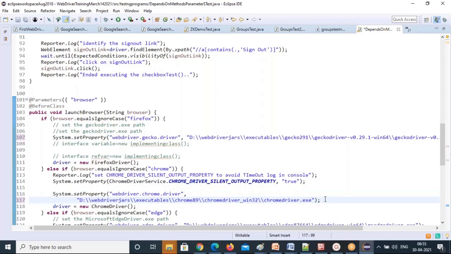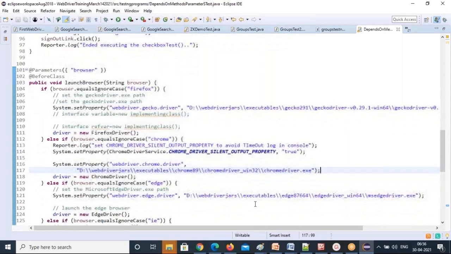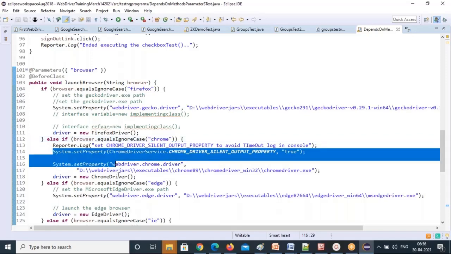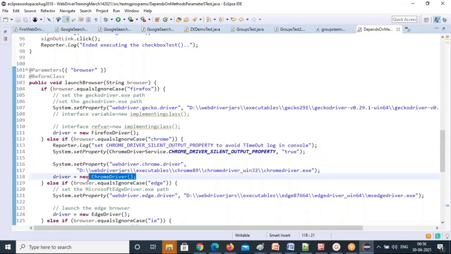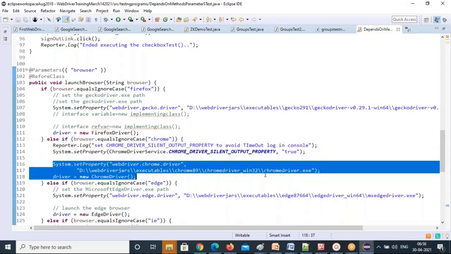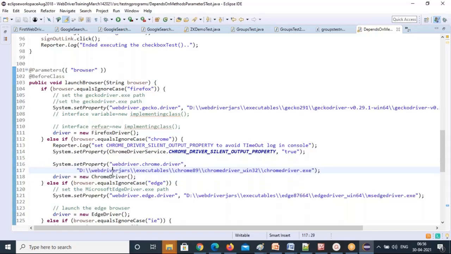But in the framework, you don't need to worry about this, as it will be taken care of by the WebDriverManager. So else if the browser equalsIgnoreCase Chrome, you're asking to execute this new ChromeDriver: the path of the exe file, then driver equal to new ChromeDriver.